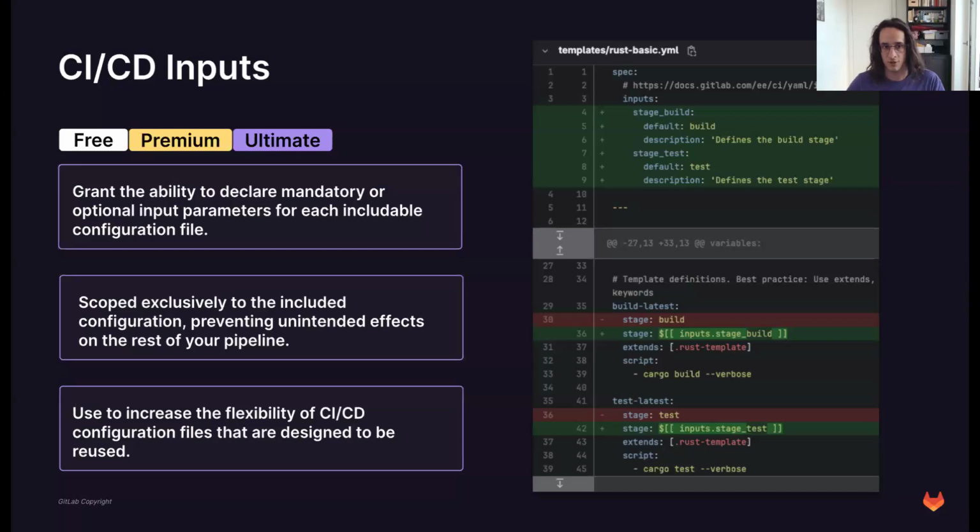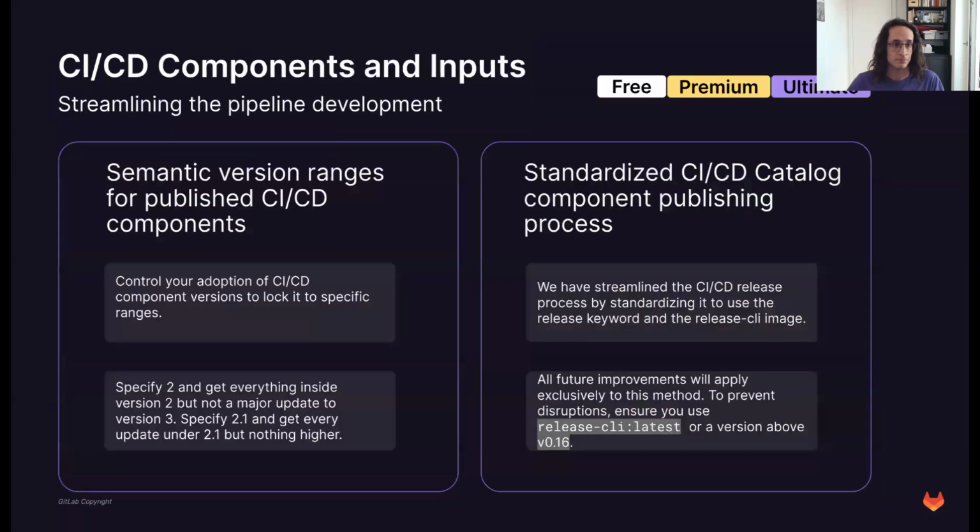So this is one of the most important things to be aware of when you are working with CI/CD components instead of pipelines and templates with inputs. But of course, you can build a component without inputs. It's not necessary to have inputs. But if you are using variables in your CI/CD templates and you've already been bitten by that, then yeah, consider components, and as part of components, consider inputs.